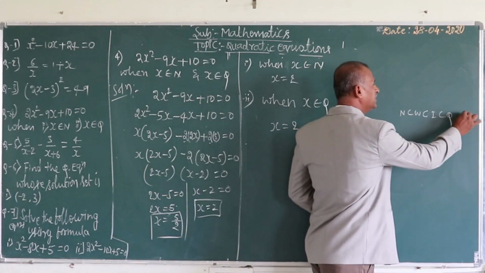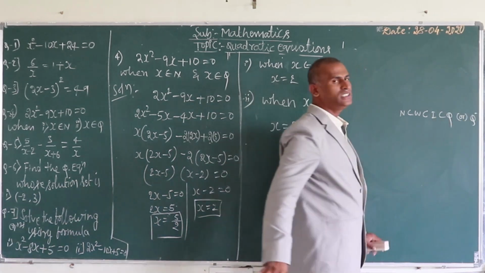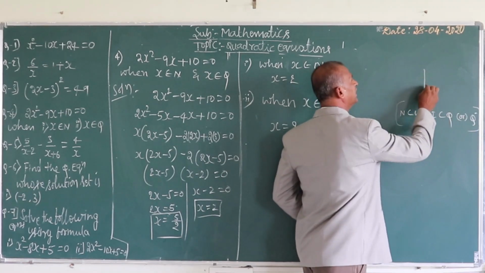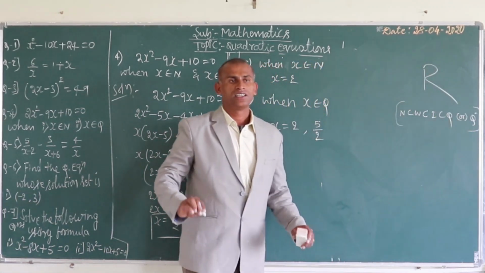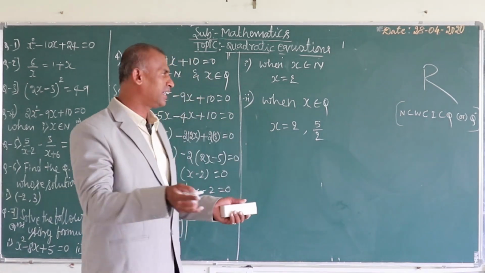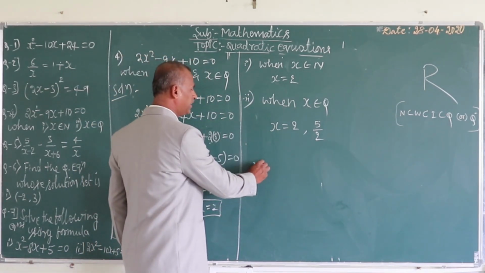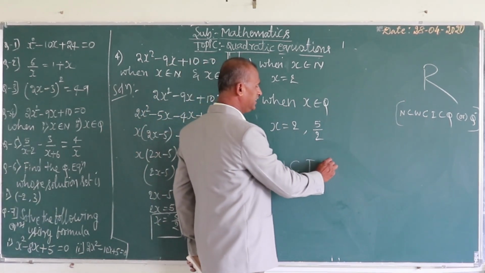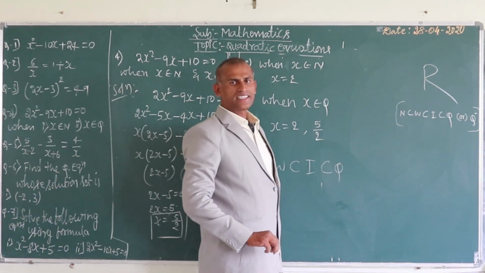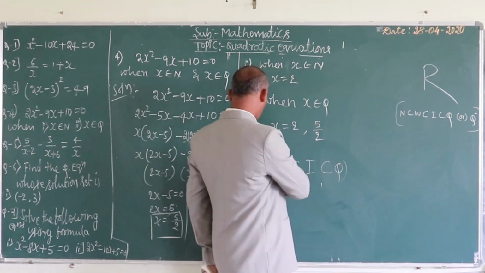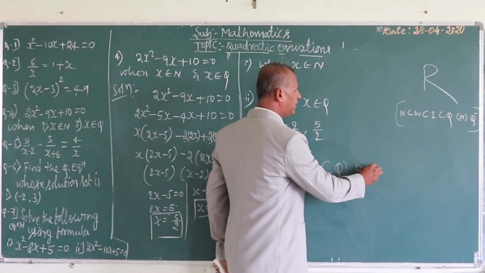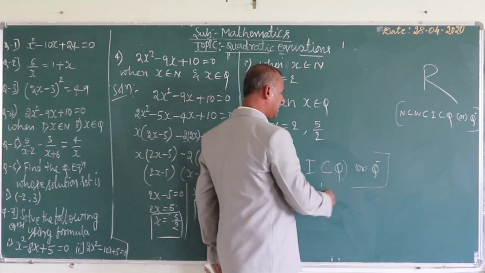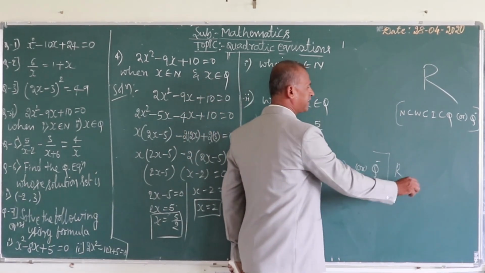But this is different. The q minus means irrational number is different. This complete group we can call real numbers. Understood, no? Natural number is a subset of whole number. Whole number is a subset of integer. Integer is a subset of rational number. This is one group, and the irrational number will not belong to this, that is q minus. But this complete set we can call a real number.